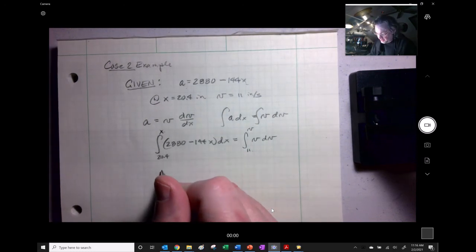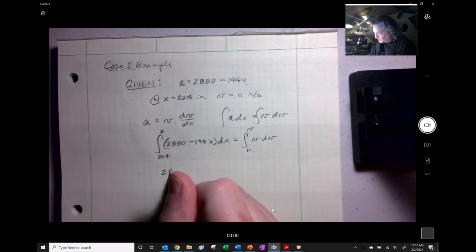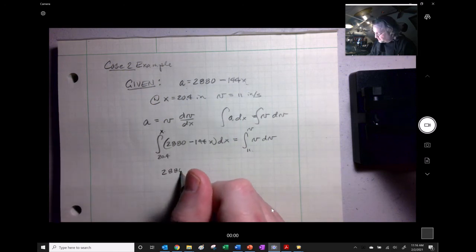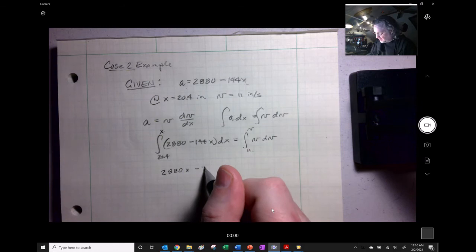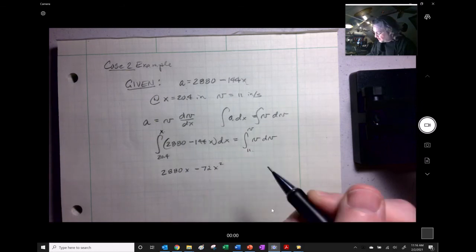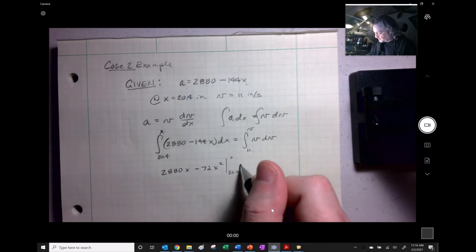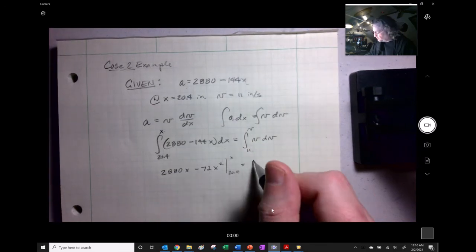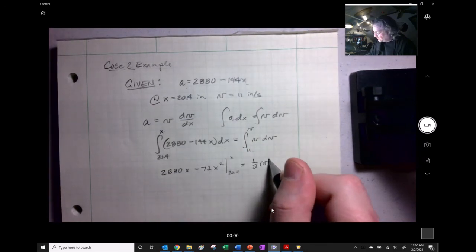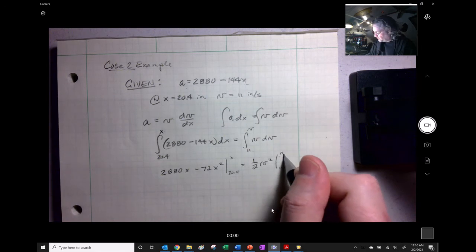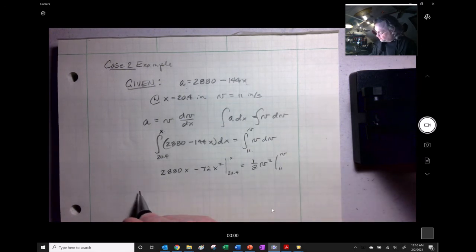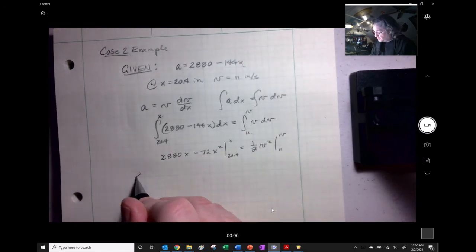So if we do this integration, we get 2880x minus 72x squared going from 20.4 to x, and that's going to be equal to 1/2 v squared coming from 11 to v. Plugging all these in here, we get